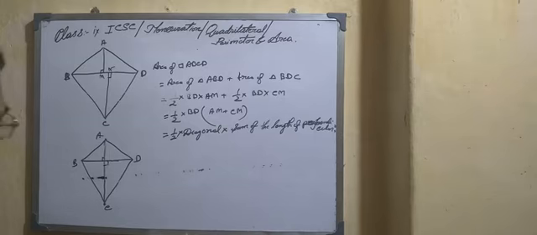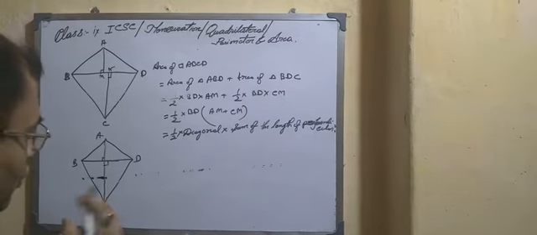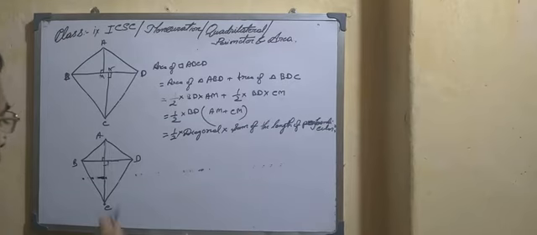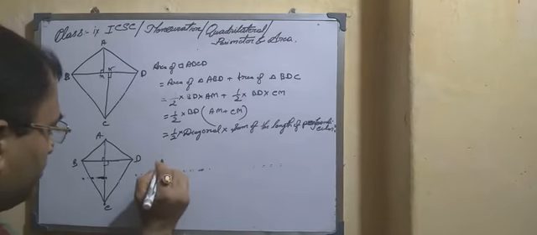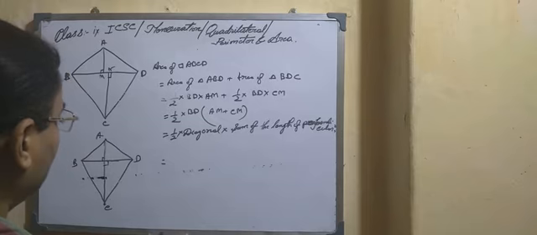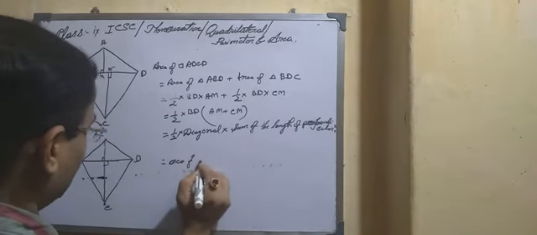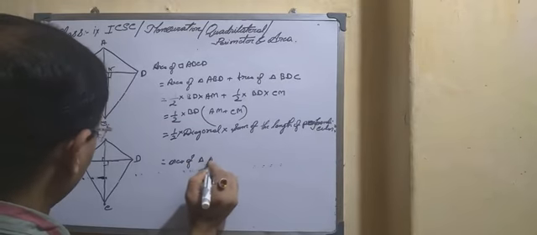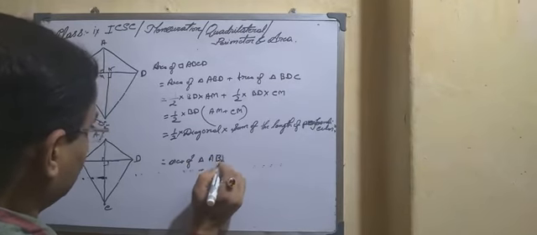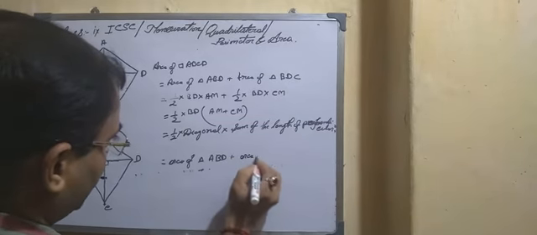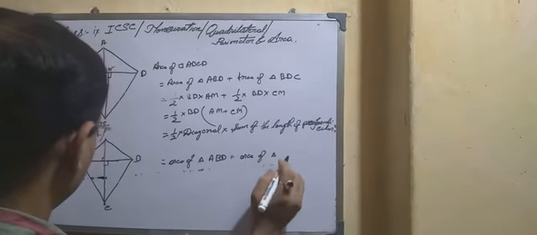This time this quadrilateral is also divided into two triangles. So area of triangle ABD